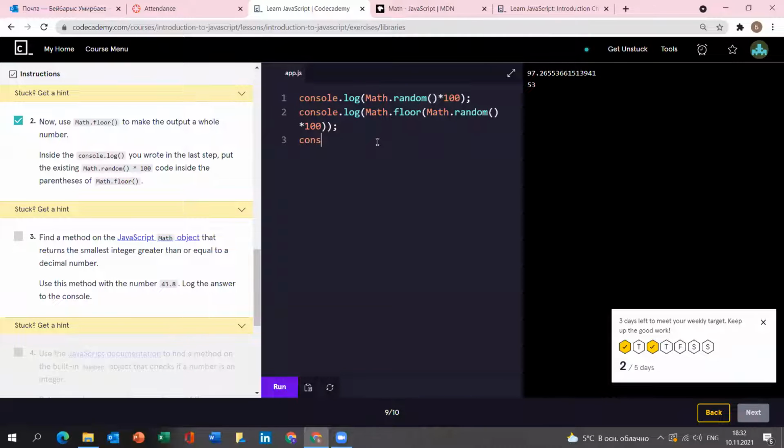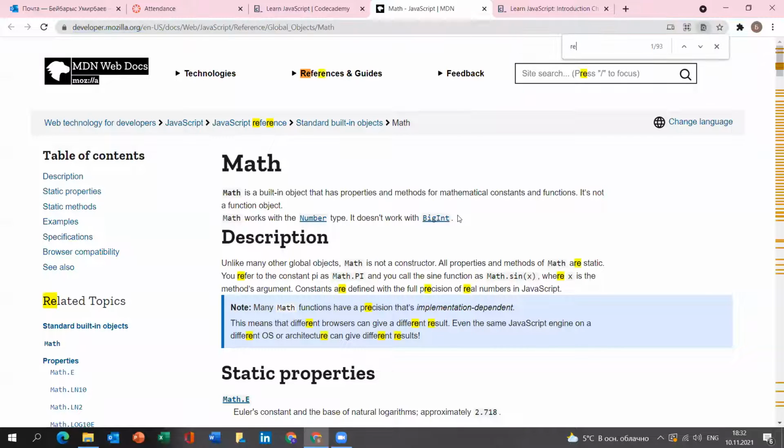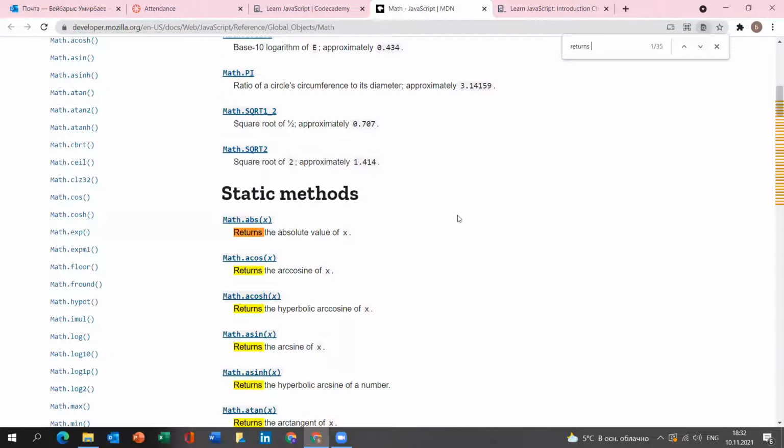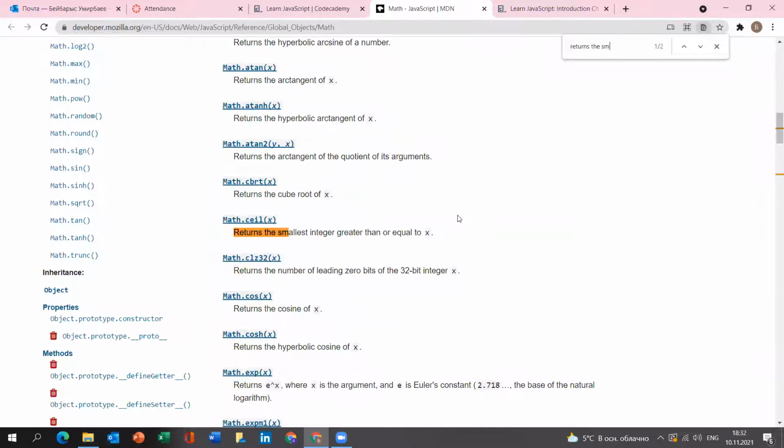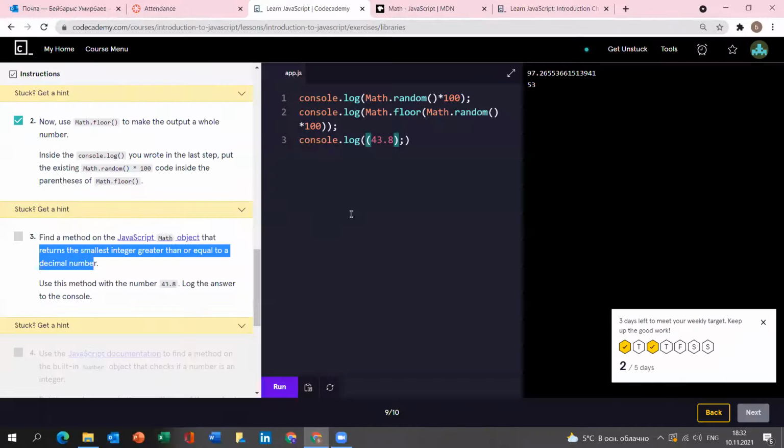I will try to find a method which returns some function with this one, okay? So I will just go here and return the smallest integer. I will just quickly write here, returns the smallest integer, Math.ceil(x), guys, okay? And here I just put a